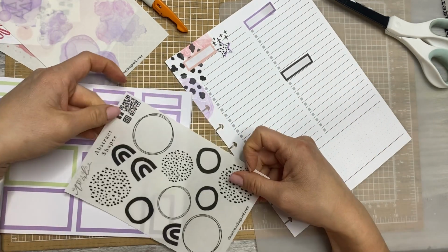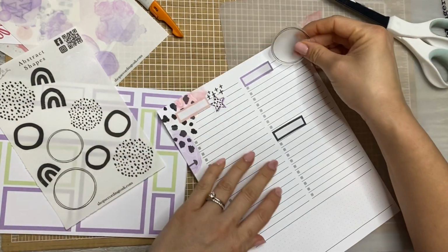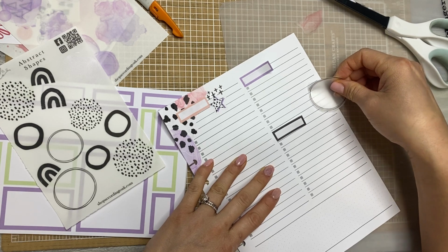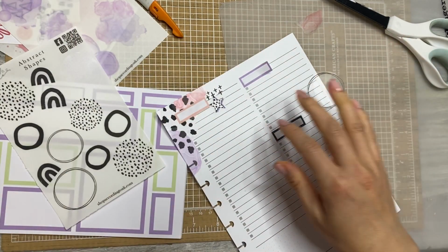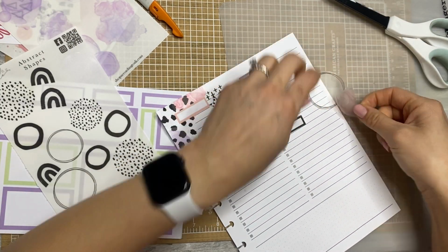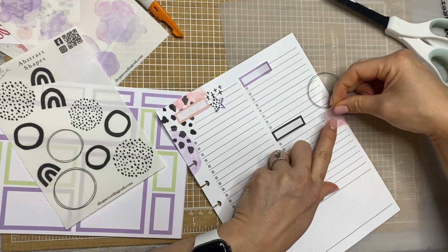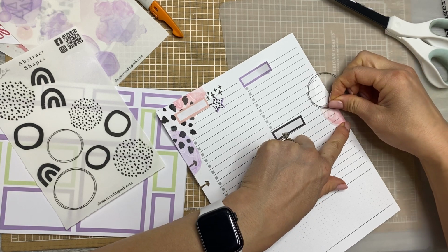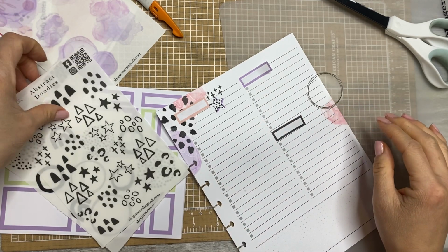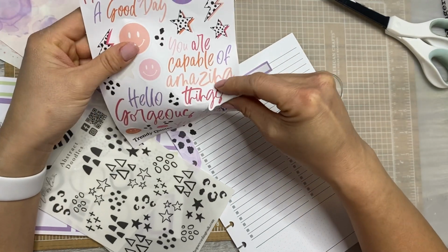Okay. It's a little bit crazy, so I think I'm gonna do it's gonna come like this. And this one. Whoops. And then, let's see what else. Okay, I'm gonna do this big purple